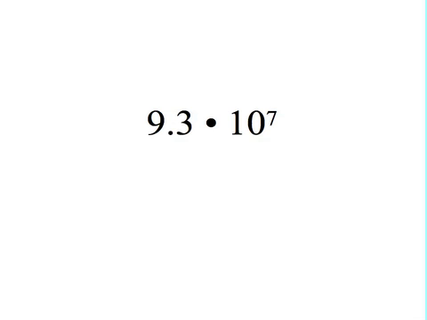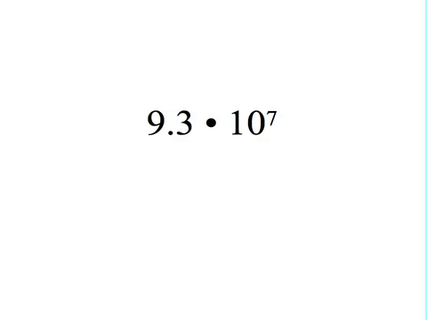Let's try to figure this out without using a calculator. We start with 9.3, we're multiplying by 10 to the 7th. Well, you probably already know that if it was 93 times 10 to the 7th, you'd simply add 7 zeros. You look at the exponent, the 7, it's the key. But since it's 9.3 instead of 93, instead of simply adding 7 zeros, what we're really doing is moving the